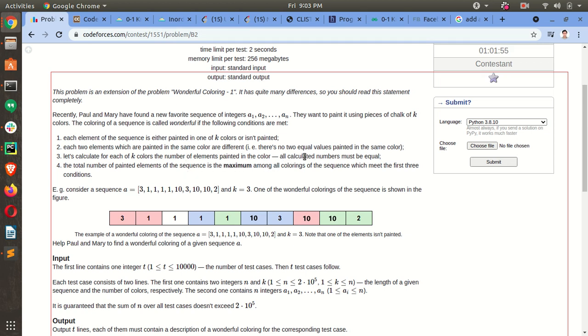The number of elements painted in each of the k colors must be equal.